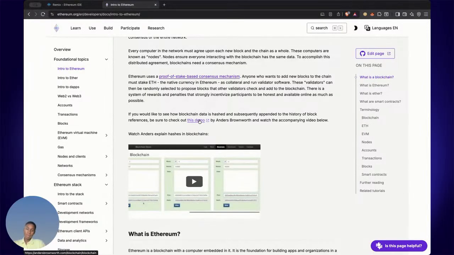Bitcoin goes about this by using the proof of work consensus mechanism, which requires you to do a computation before minting a block, and that takes a lot of energy and time, which is the whole point of it. Because it is so hard to mint a new block, we prevent people from just hopping onto the blockchain and minting random blocks or doing things that we do not want on the blockchain.